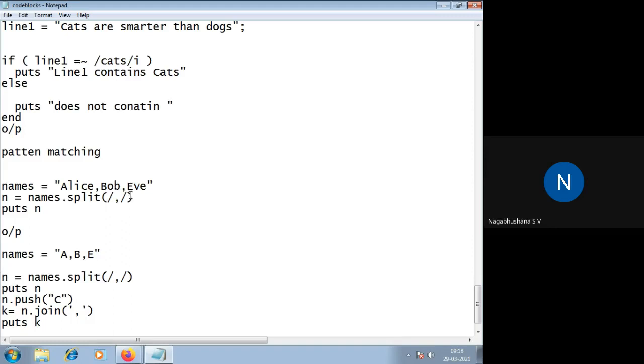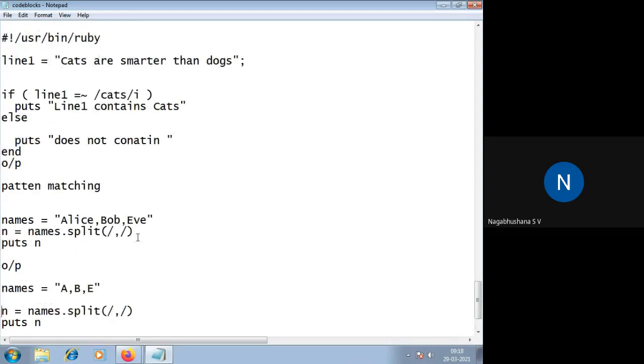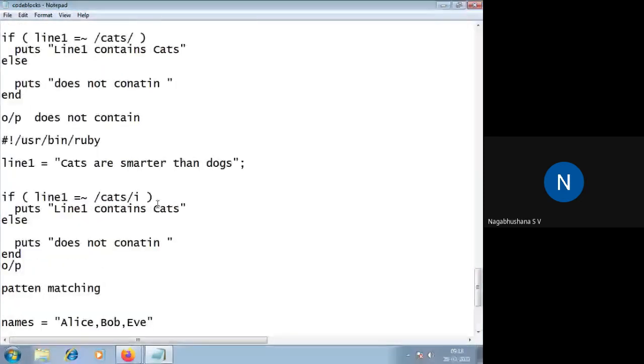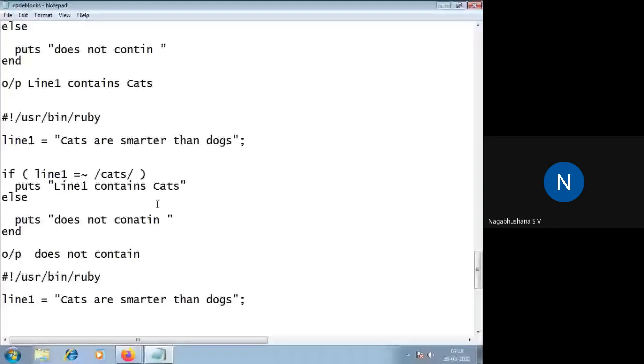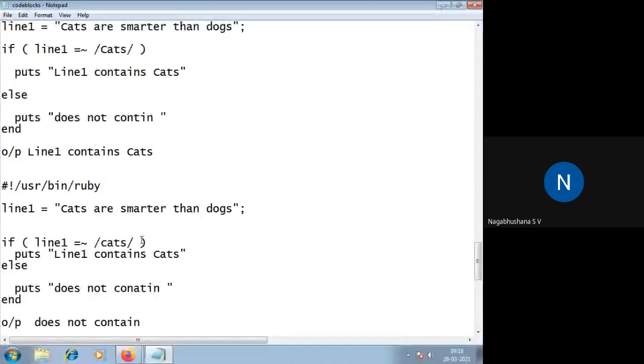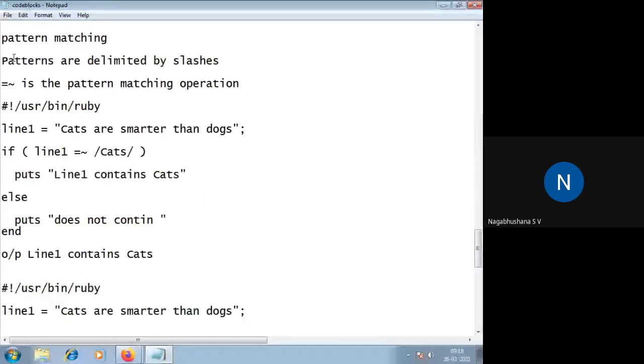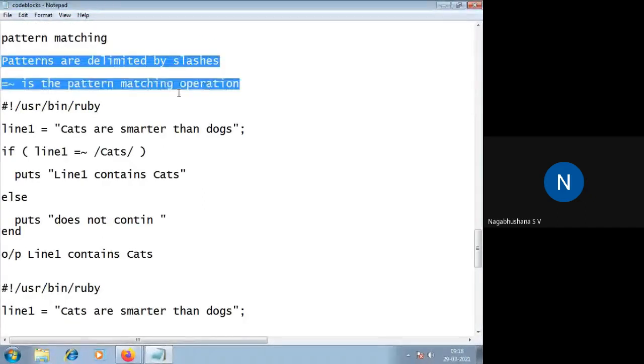I will take this in detail with more methods and different kinds of pattern matching techniques, which I will discuss in the next class. As of now, you can just think that these are the three different varieties which can be used for pattern matching.